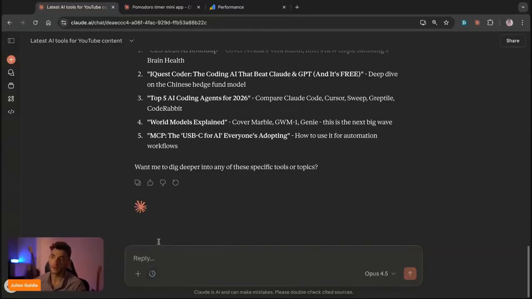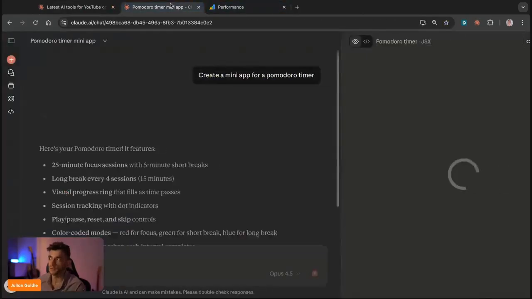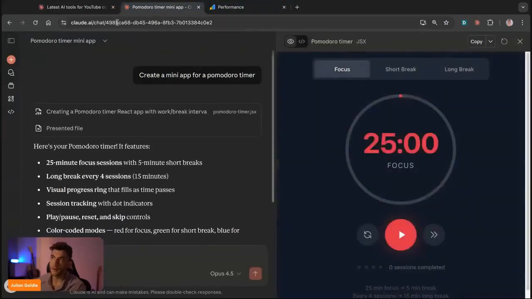But if you want, for example, to code out a project that's quite complex, or you want to get the best possible outputs that you can, then you're going to switch over to extended thinking. I by default just don't have it on because sometimes some of the tasks I do just take way too long with this stuff. Now, if we go back to the Pomodoro timer app over here,